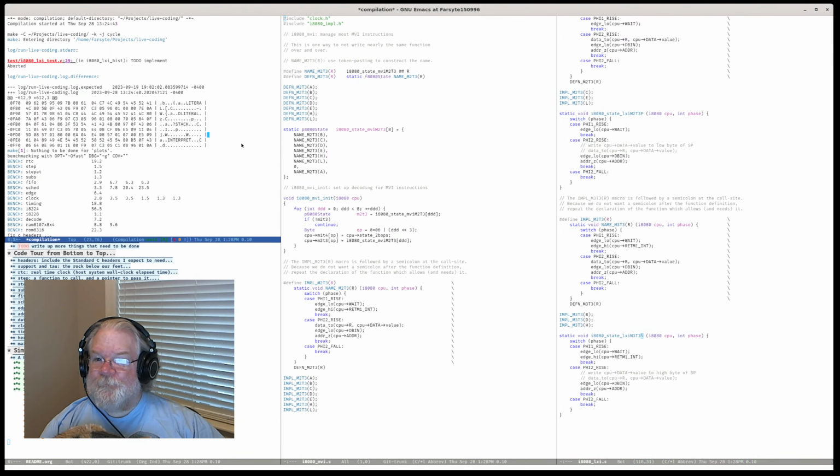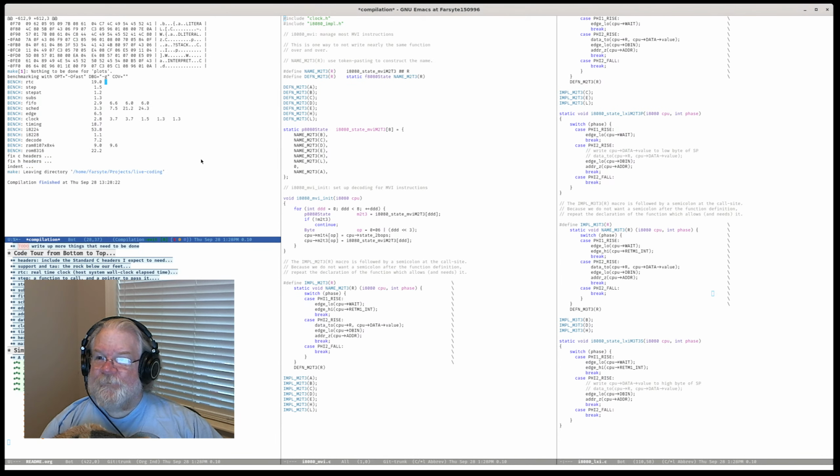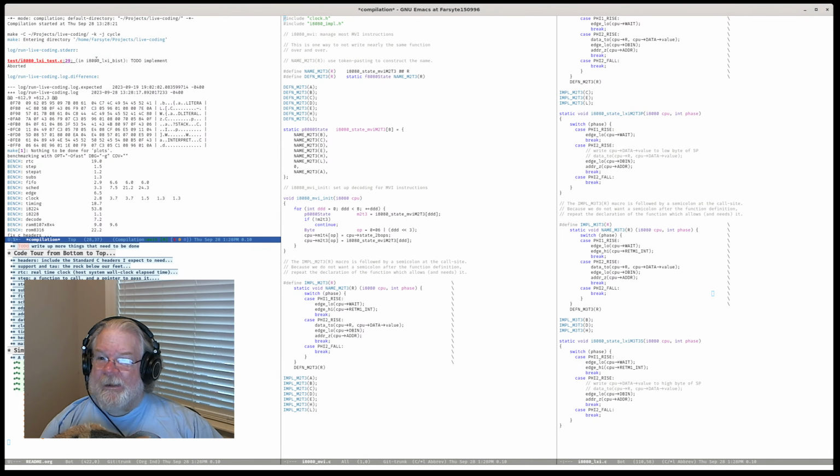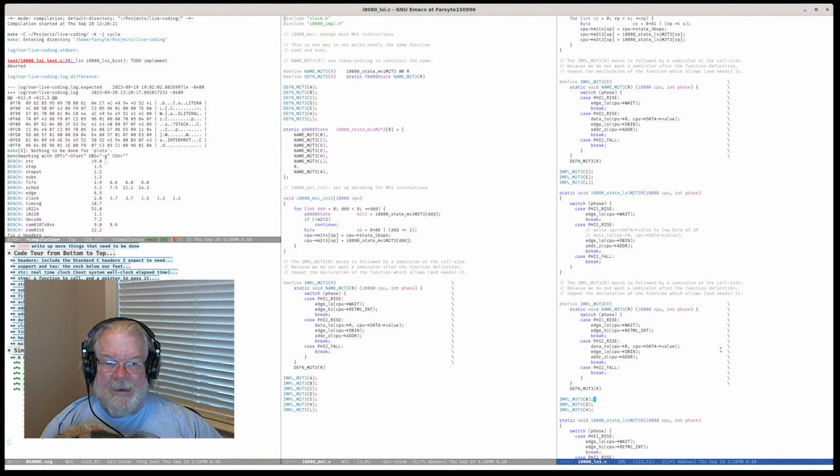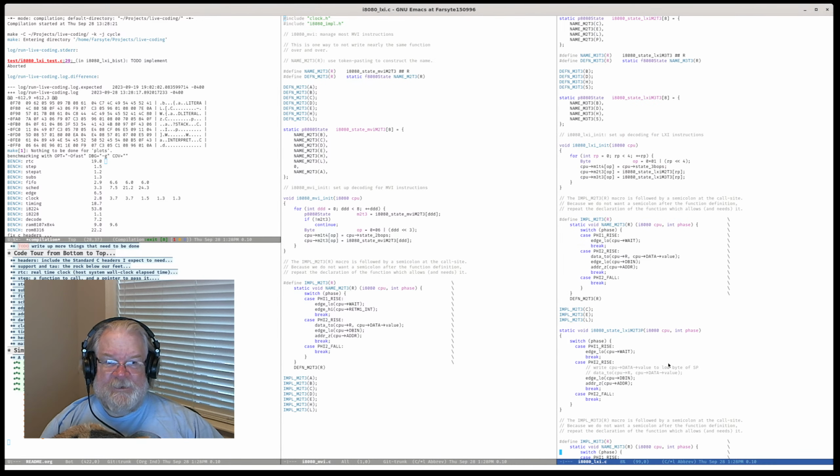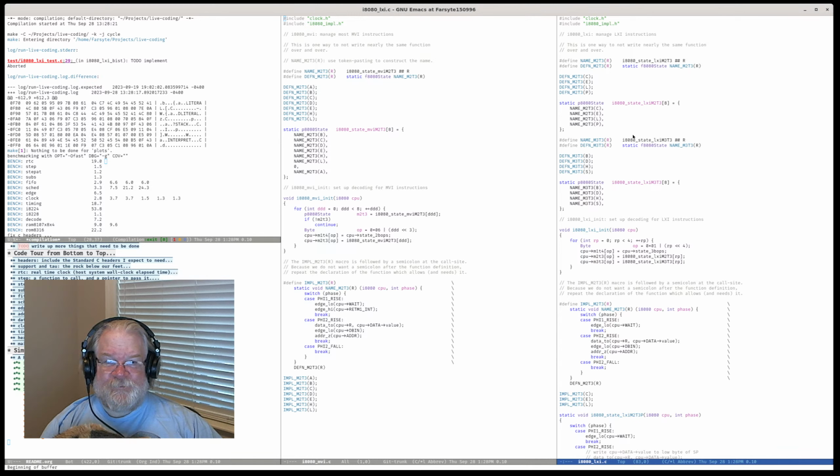Okay, so we do that, and now we compile without errors. We start running and we get to do implement, and this is compiling, and it is running up through the point where we get to that to do.